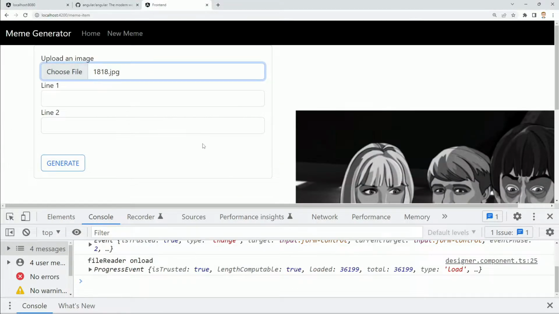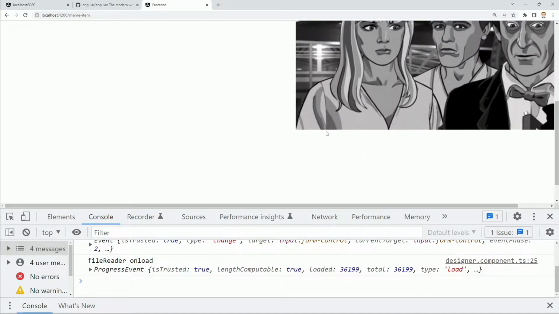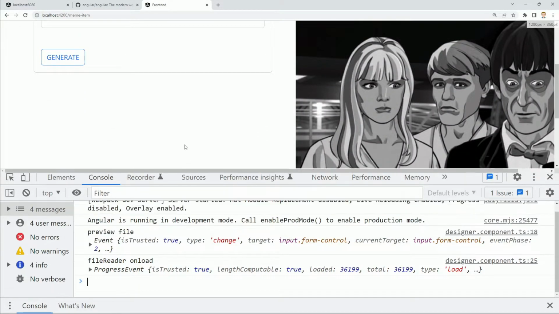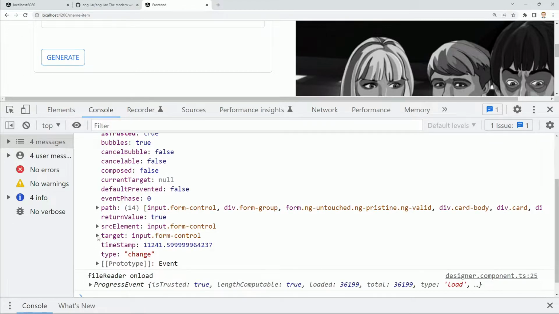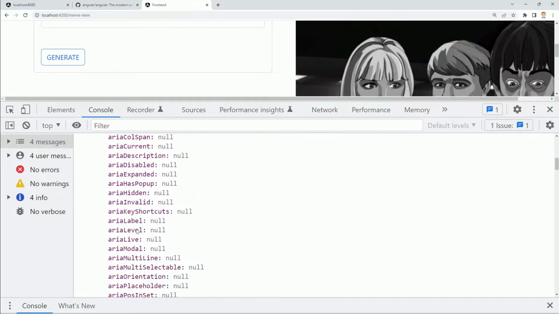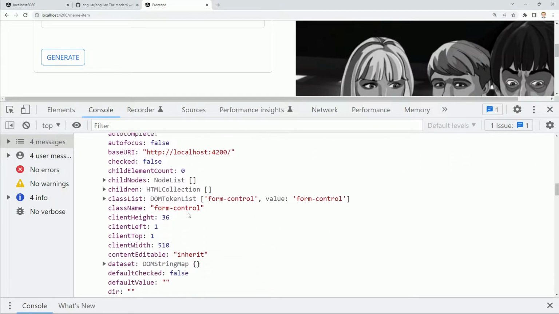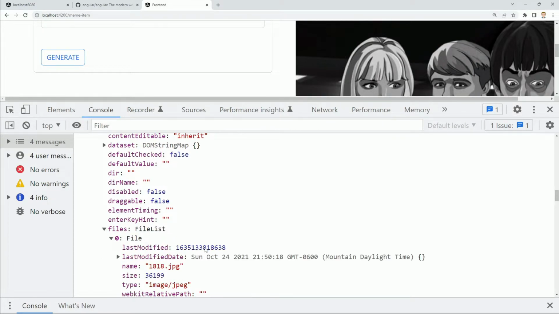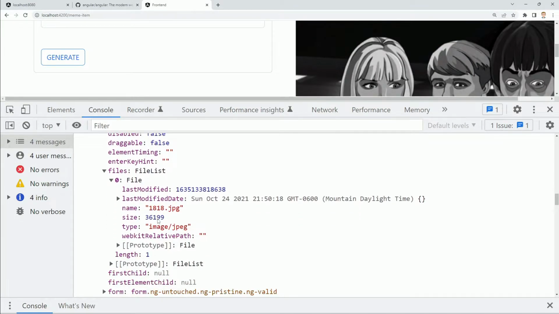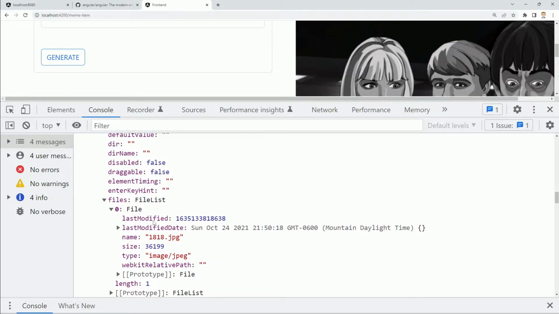Let's use 1818. I like that one. So now we've got an image showing up here. This is the initial event that we're getting within the preview function, and we are working with the target. Is it target files? It is files, right? Yes, it is target files, and then file 0 is our image that we're trying to upload. So we're referencing this first element of the files array within this files list, and then loading that,